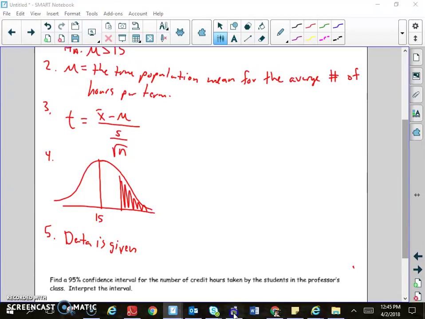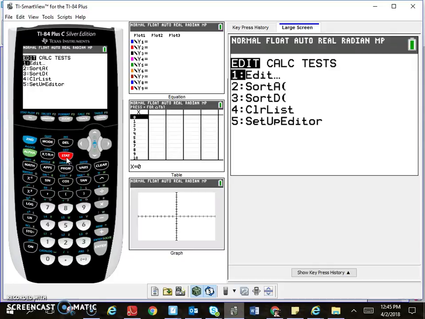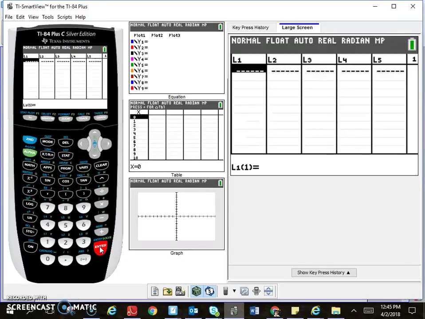So coming from a blank screen on the 84, you go to stat, and these steps are written out off to the right. So you go to stat, edit, and then you put all those numbers down in one of the lists. Okay, doesn't matter what list. Usually you just use list 1 because it's pretty standard. They're already set. So I'll do that over here because I can do it a little faster